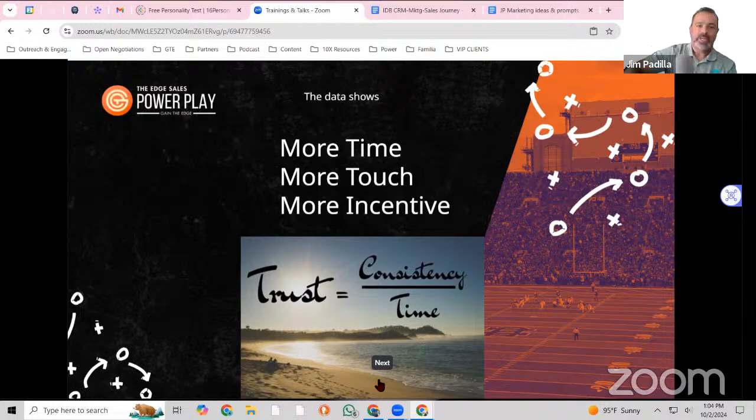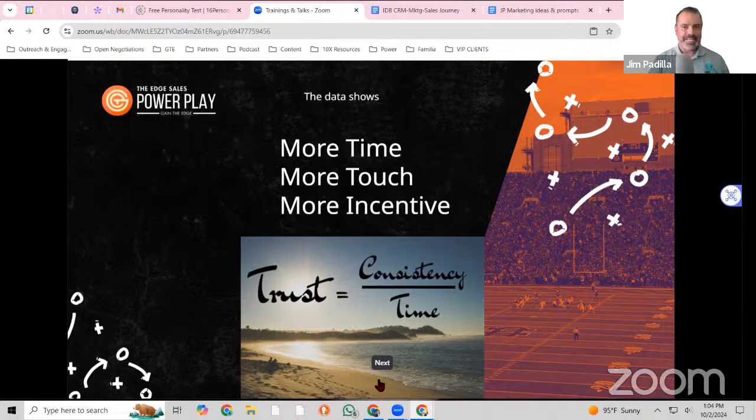We're not going to dive too deep into what that all looks like right now. We've done other trainings on it. If you would like to go deeper on that, type that in the chat and I'm happy to do a training on that for you. These Edge Sales Power Plays are an example of us going, more time, more touch, more incentive. We're trying to give you more results, more insight, more strategies, more of the things we're literally seeing from the front lines, with our own campaigns and with all of our client campaigns. We are sharing that with you because we want you to have more time with us, more touch in our world, greater incentive. We want to give you more incentive.